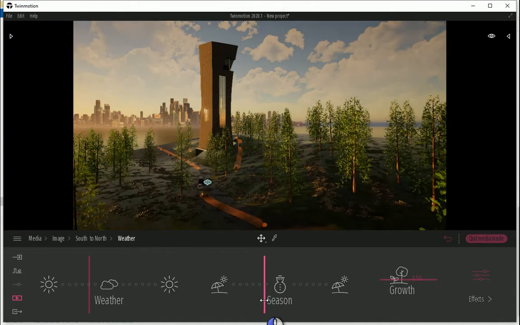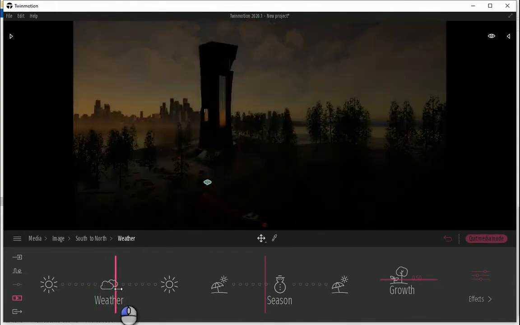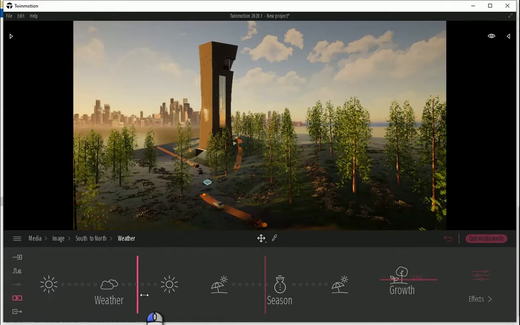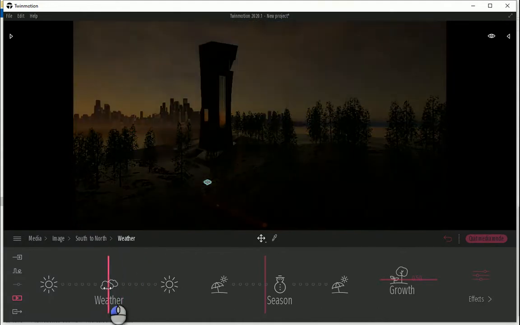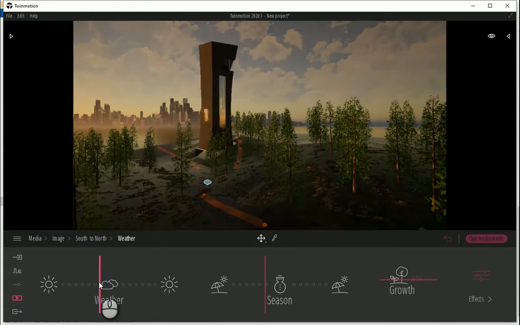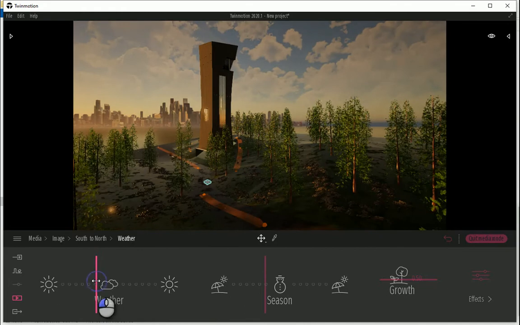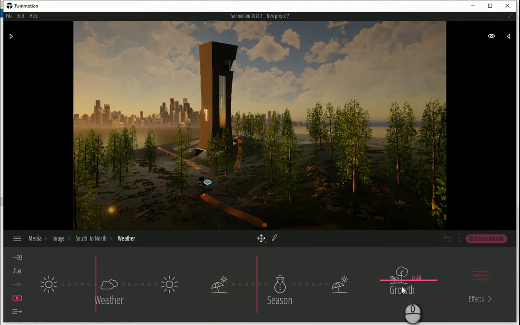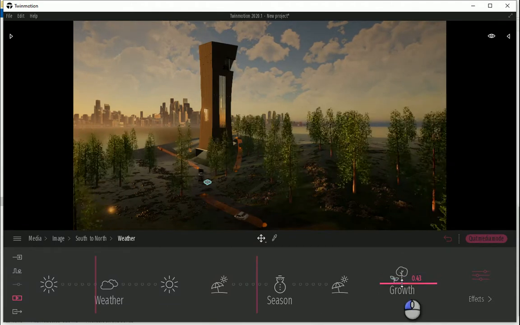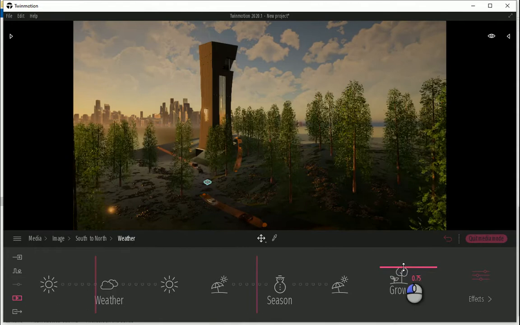How about I change this to something like this? It's a bit dark, but I'm gonna take care of it. Okay. Notice that we again have the glow option here as well. Okay.